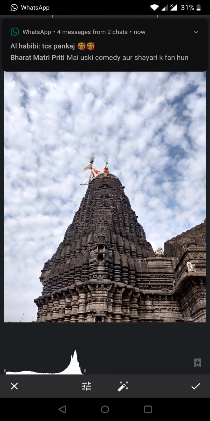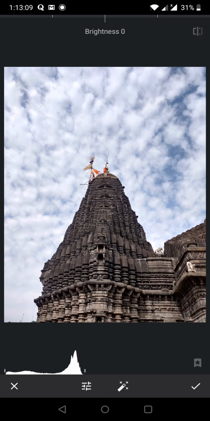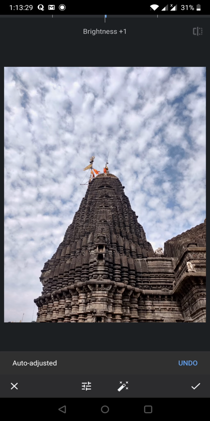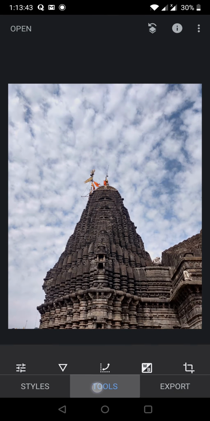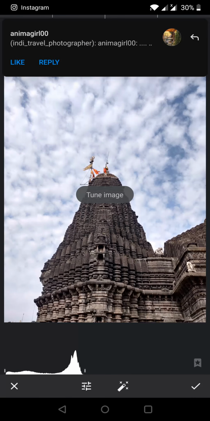So I have opened the tune image. You can see in the bottom there is a graph. This graph is called a histogram. If it is skewed in the right, it is overexposed, it will be too much white. If it is in the left, it is underexposed, means it will be a bit dark. And there will be a fine tune button which is like a magic wand at the bottom. If you click it, it will automatically fine tune your picture as per its AI. And if you like it, you keep it, else go back, work again, and come to manual fine tuning your image, which I will do again.